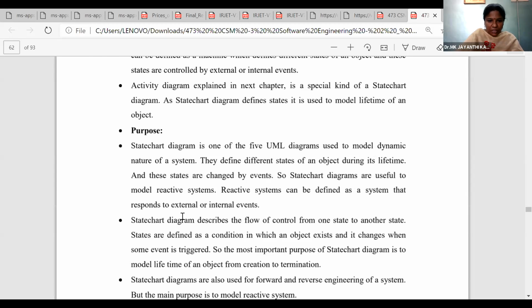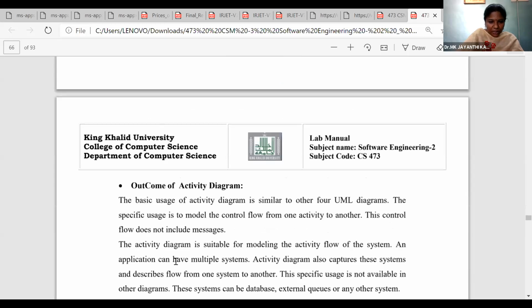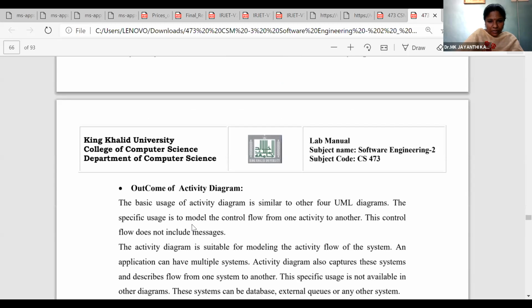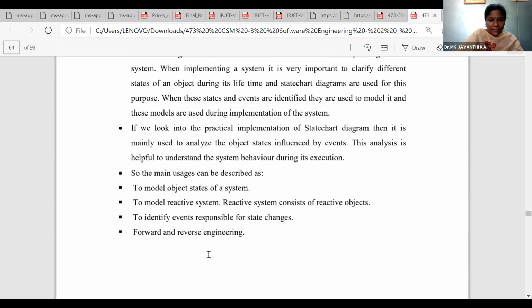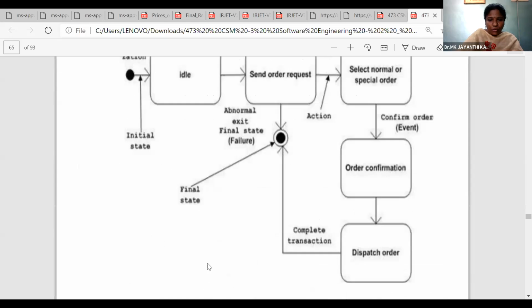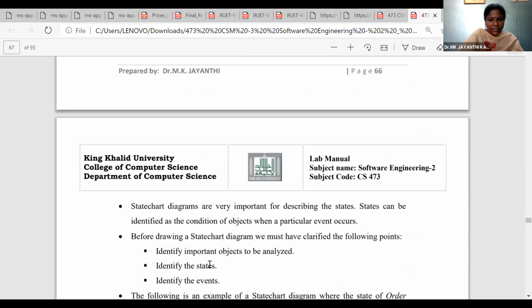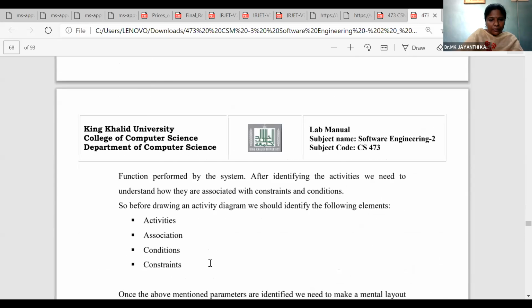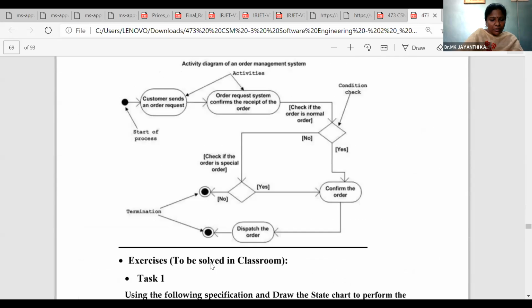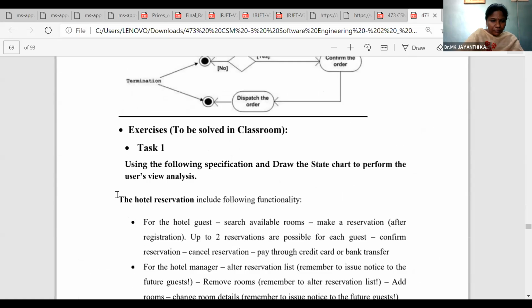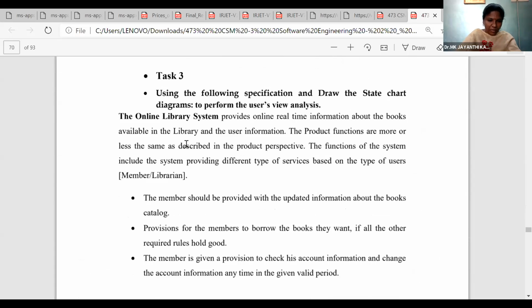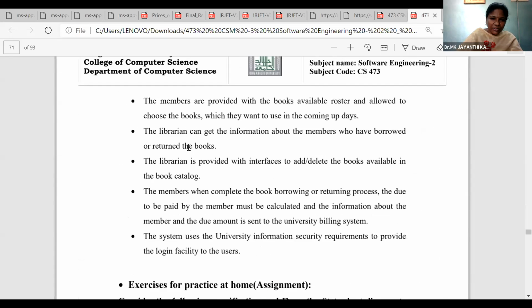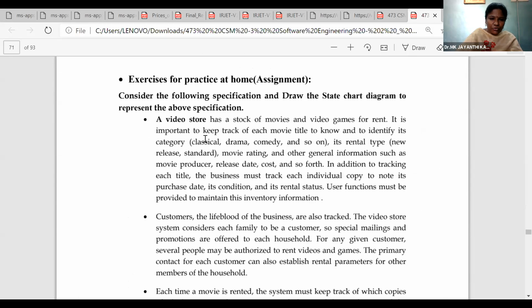They have given you more than 25 scenarios and case studies, and how to draw the diagrams for them. In the same way we have the student registration system, online transaction, as well as library management system, and a video store like Amazon.